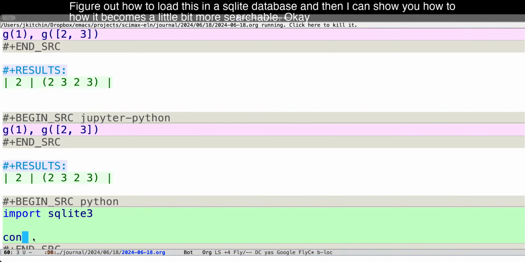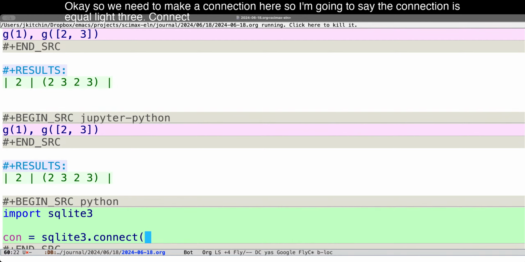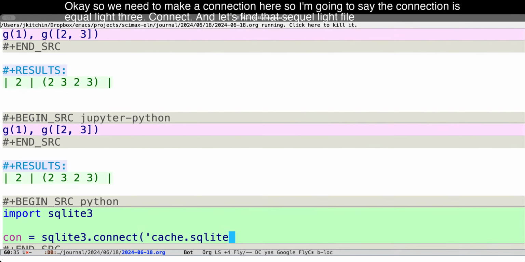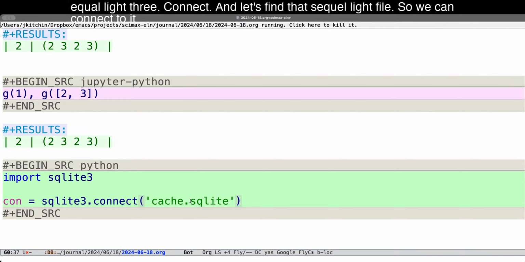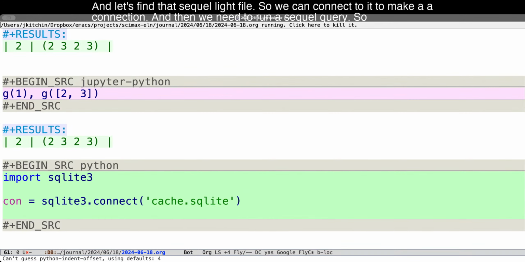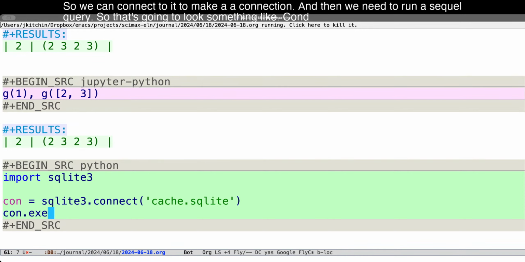Okay, so we need to make a connection here. So I'm going to say the connection is sqlite3.connect, and let's find that SQLite file. So we can connect to it to make a connection. And then we need to run a SQL query. So that's going to look something like con.execute